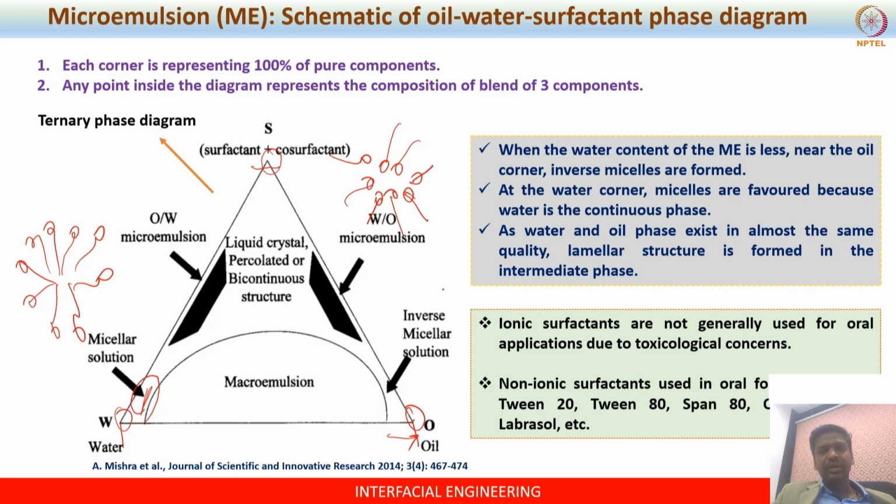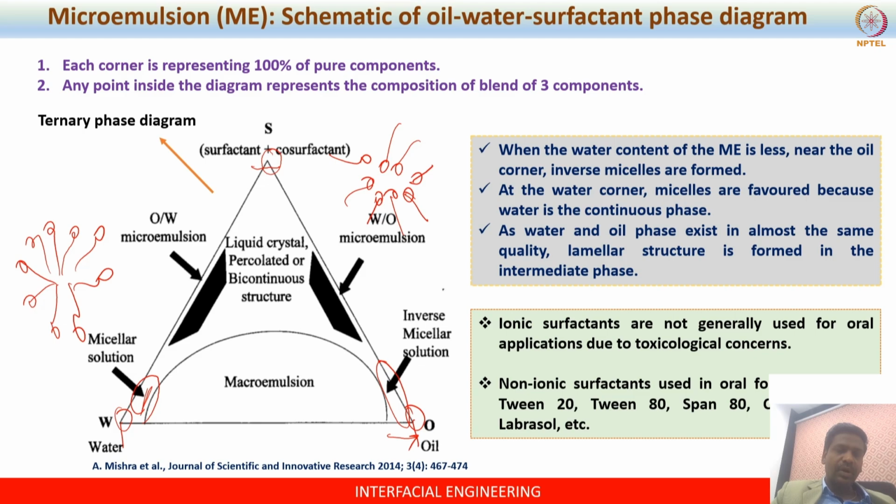So here also we don't expect any emulsion to be formed because you don't have a sufficient quantity of water. Although you have a larger quantity of oil, very little water is present. That's why in this region also you will not get any emulsion. So these two experimental regions are very clear. We know that in these regions you will not achieve any emulsion. We are talking about oil-water microemulsion.